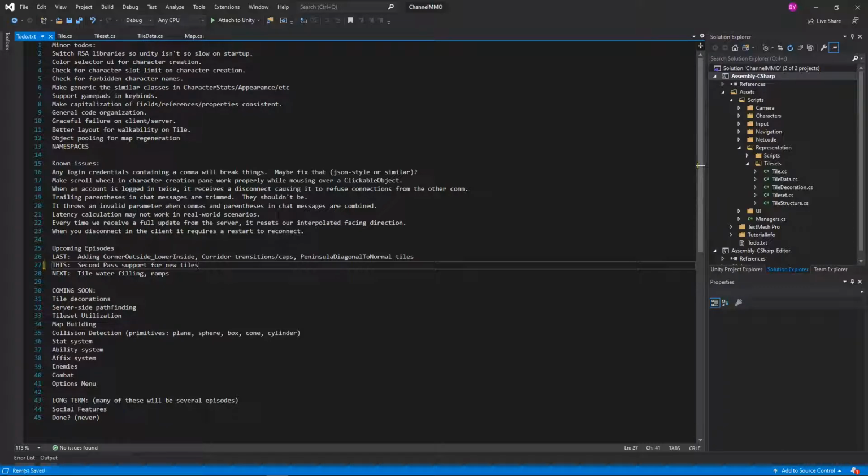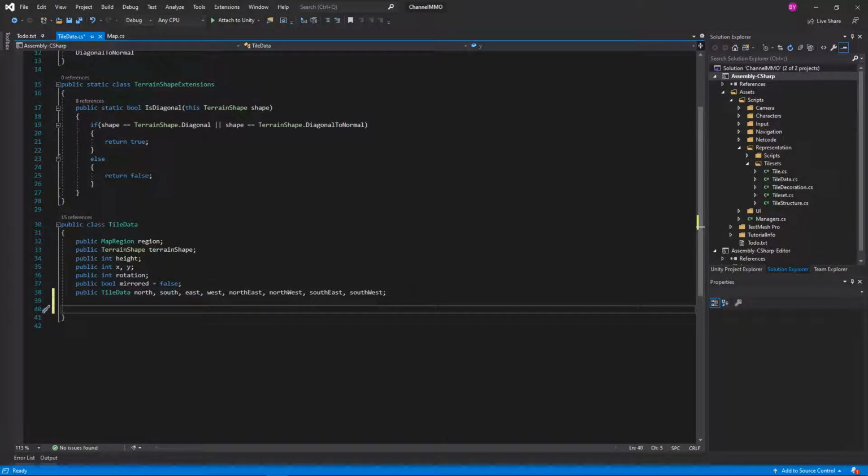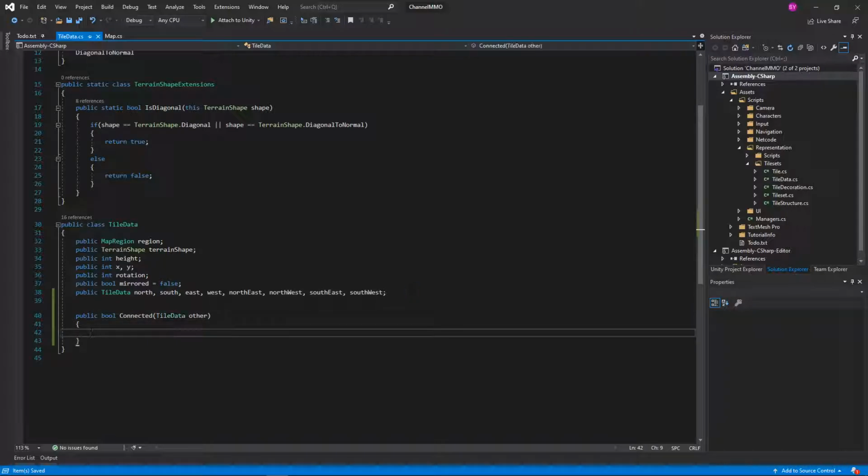that to do is pinned. There we go. We are not going to need tile open or tile set for right now, but I do want to create a quick helper method in tile data, and we're going to make this be public bool connected, and we're going to do tile data other. So this will just return true if our tile is connected or not. And for right now, we may expand this later, but for right now, this is just going to be really